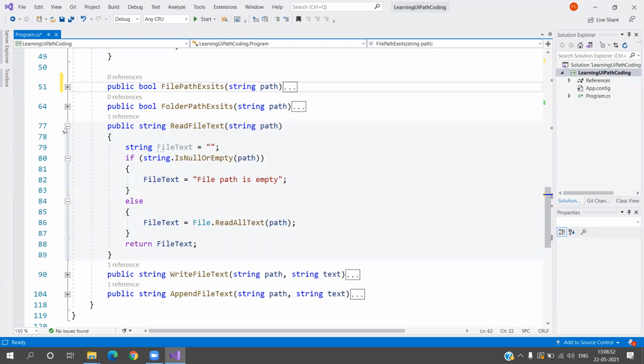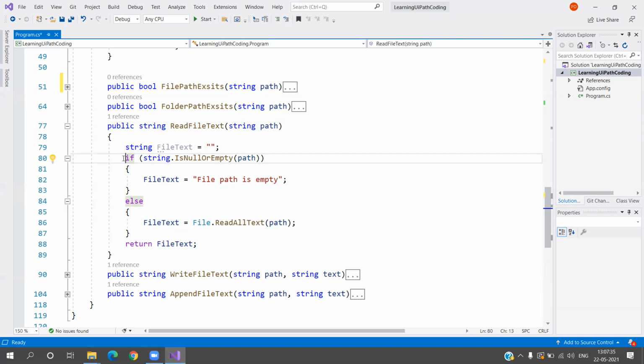Now looking over here, what I have to do is simply pass the path. To give a more meaningful output, what if the path value is empty? Even though my C sharp application will throw an error if the txt file is not proper, I want to give a more meaningful output when the path is empty, when I'm passing just a null value. The output is going to be a string, because whatever we read from the file, we give as the output. So if the path is empty, I assign my output variable, file text, as "file path is empty".